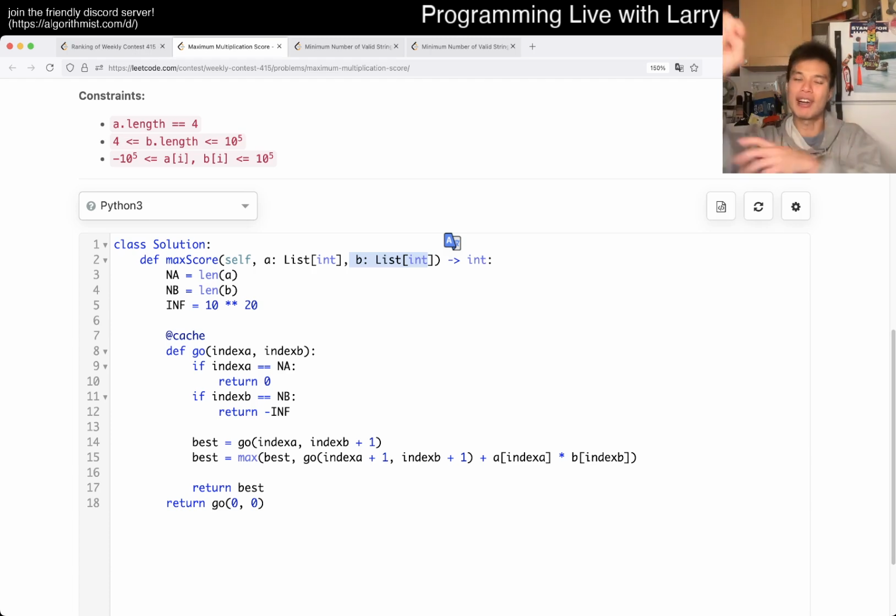And this is kind of a classic matching thing. The constraint makes it easier to think about, but as long as the length of A times the length of B is fast enough, you can do something similar. But yeah, so here